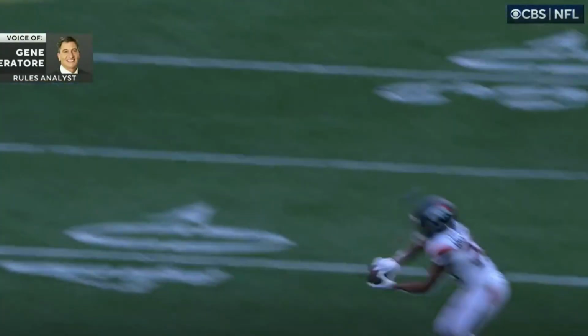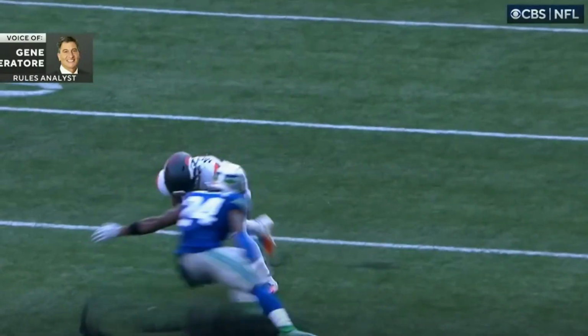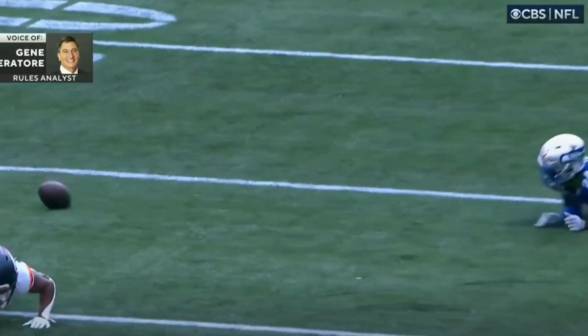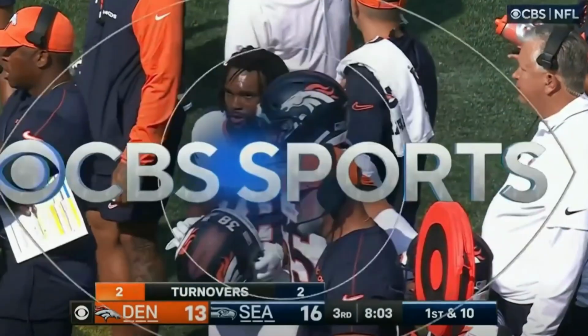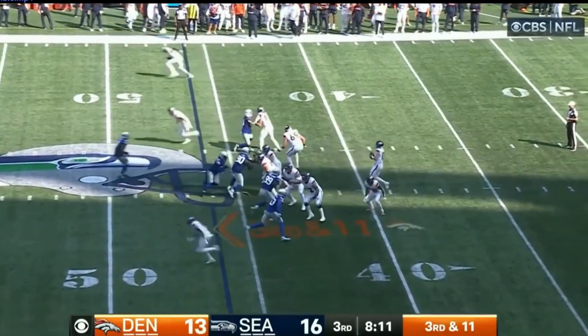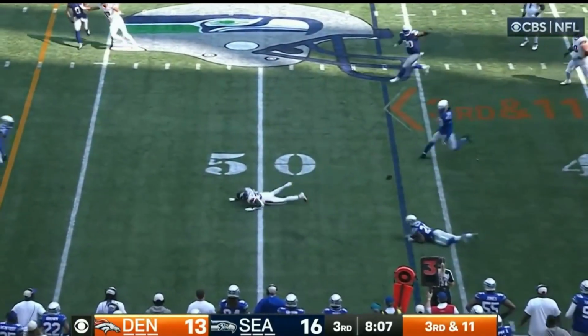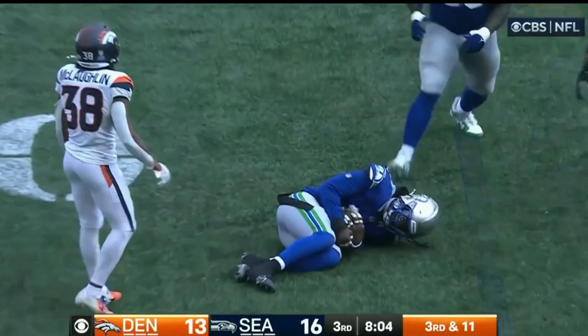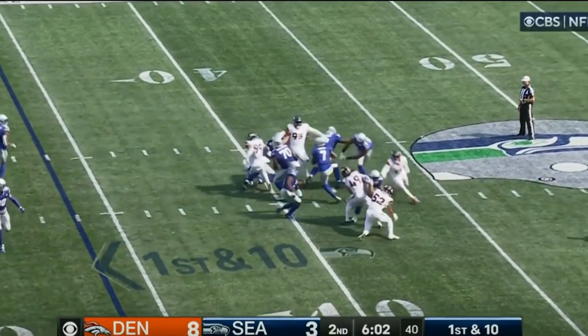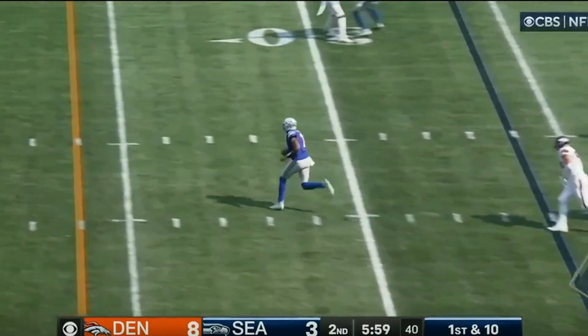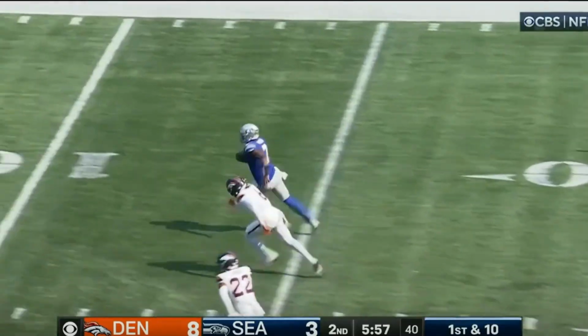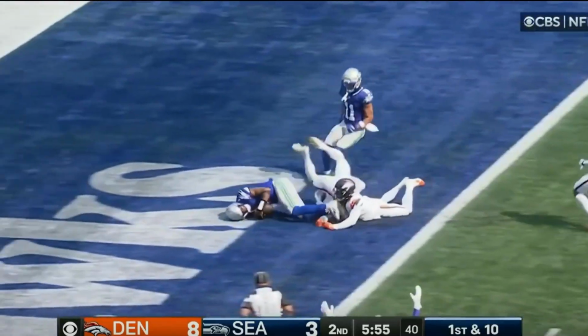So he catches it, has control, makes a football move, possession of the ball, Seattle recovers it. And that's a turnover. Once again, catch, ball knocked out, Seattle recovers it, that's a fumble. Okay, you can run the football in, quarterback runs the ball, 30 plus yards, gets in the end zone, touchdown,